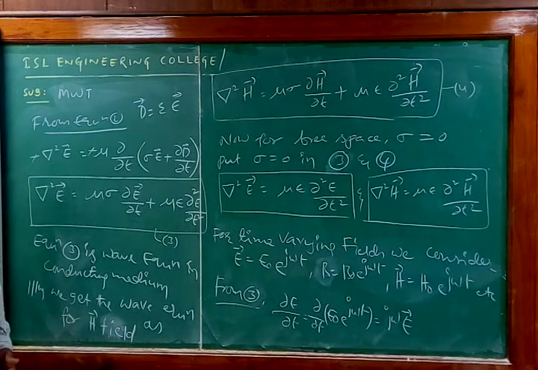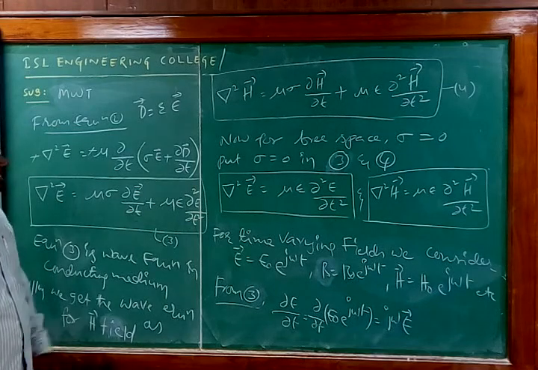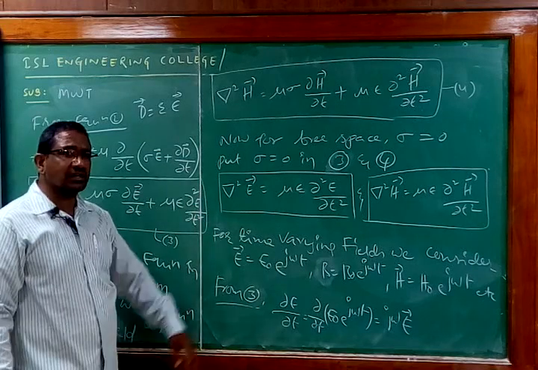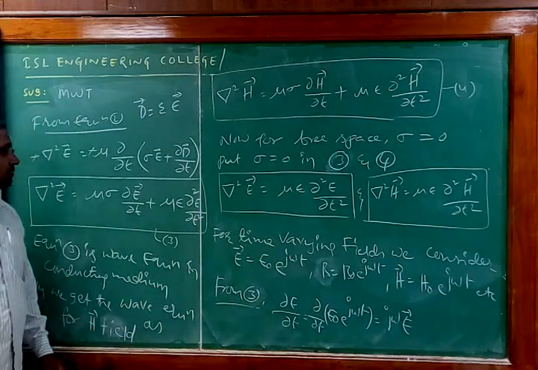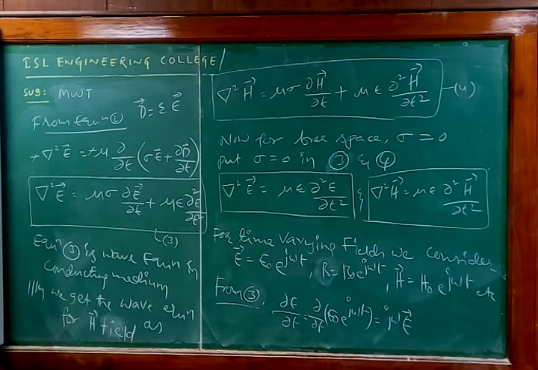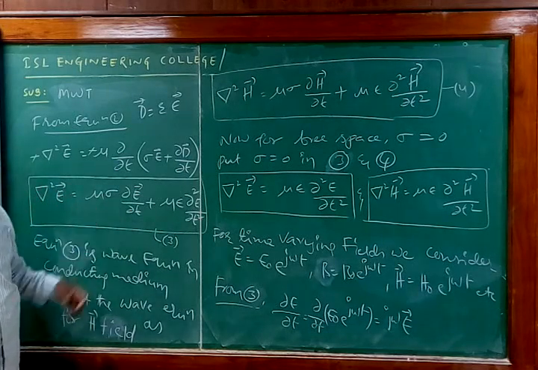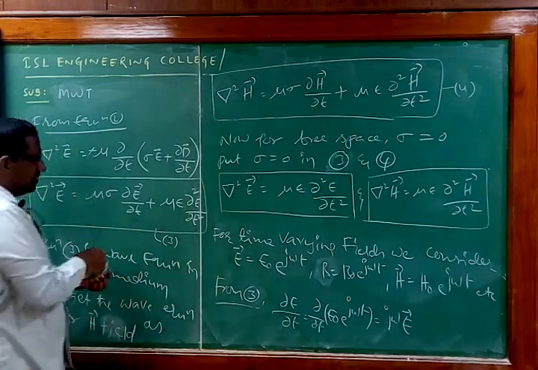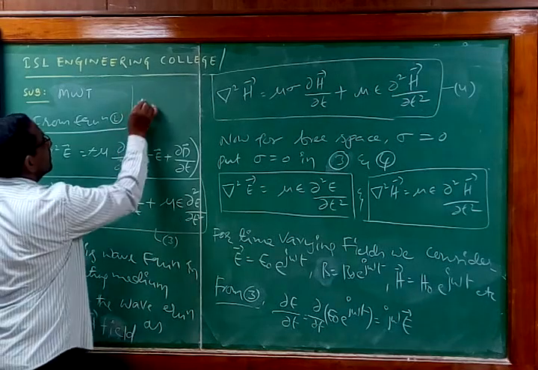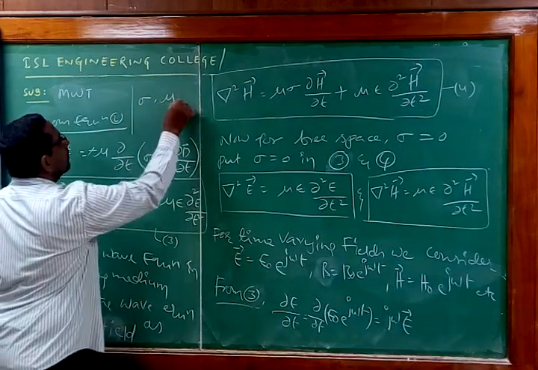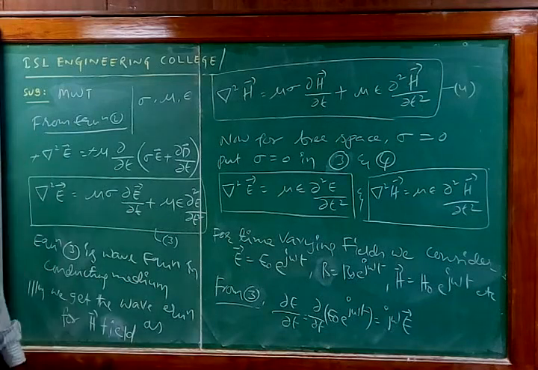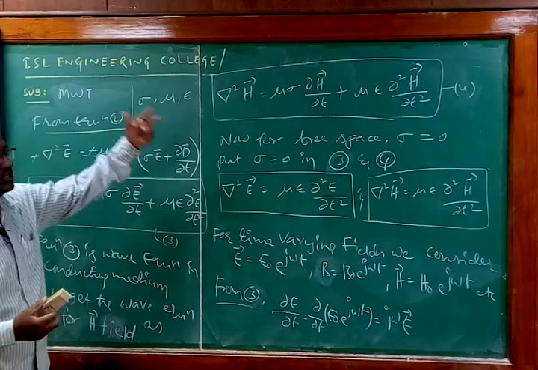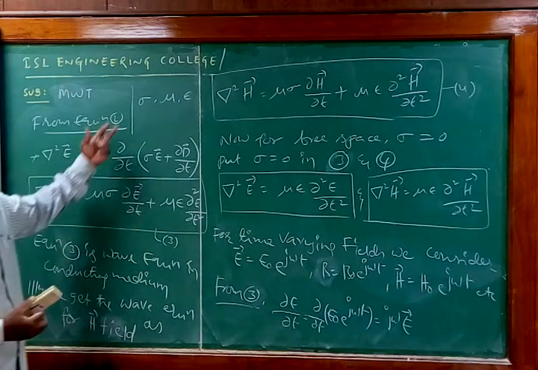So in the conducting medium, what is the difference in the wave equation? These two equations are the wave equations in free space. What is the extra term that we get in the conducting medium? Whenever I say a conducting medium, then definitely I should keep in mind that I will be getting a sigma. There are three important medium parameters: sigma, mu and epsilon. Based on the variation of these three parameters, we normally apply the conditions for various mediums. For different mediums, these values are going to be different.